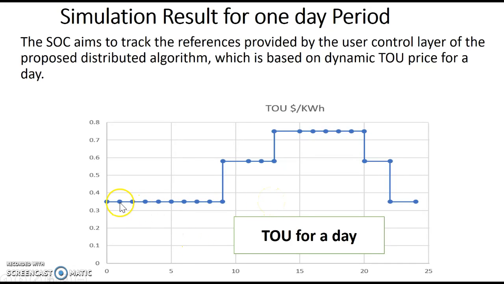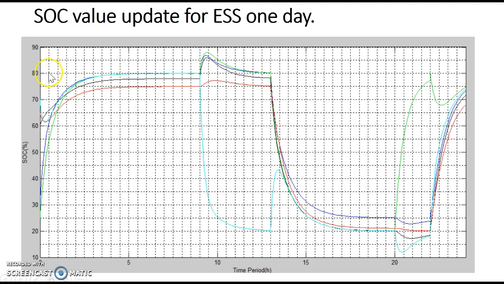That is 0.35 for 0 to 9 a.m., 0.58 for 9 a.m. to 1 p.m., 0.75 from 1 p.m. to 8 p.m., and from 8 p.m. to 10 p.m. it is 0.58, and from 10 to 12 it's 0.35. By using this variable time of use price for different periods of time, we can get this result update